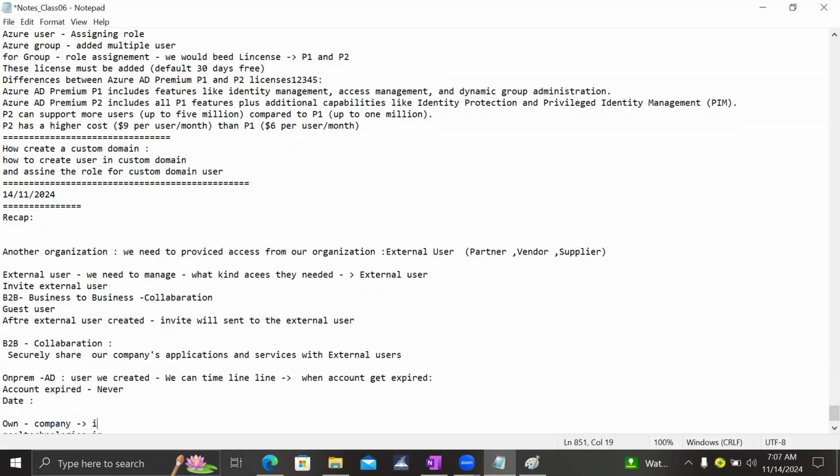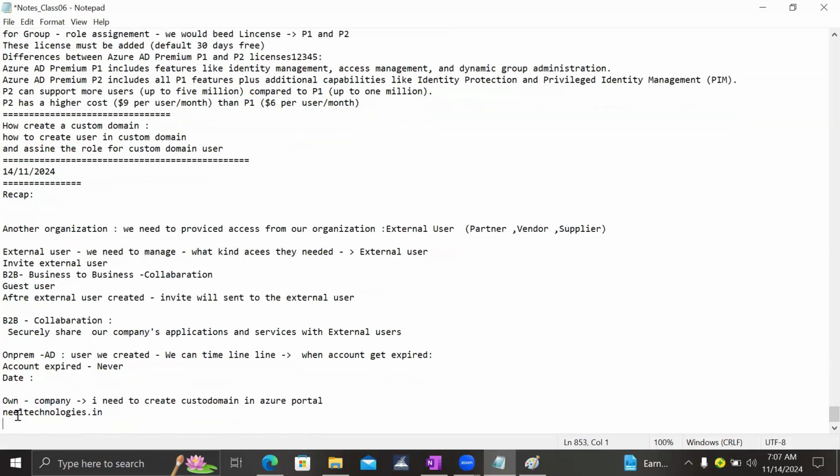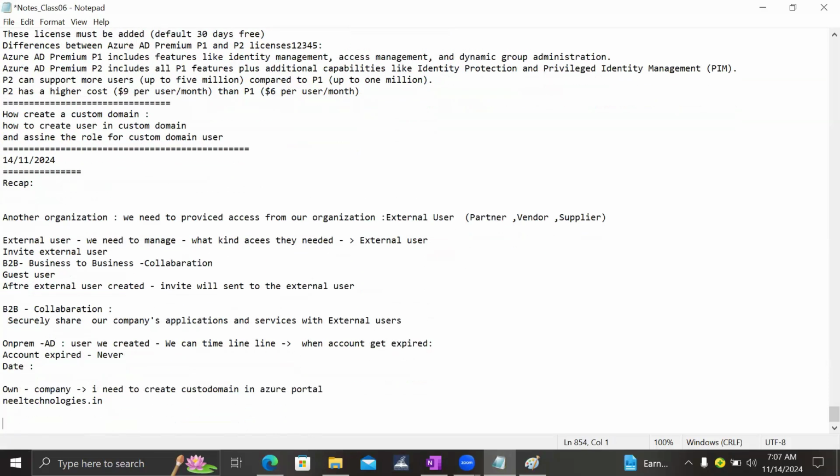I need to create a custom domain in the Azure portal, and for whichever users we create, when we are creating a new user, the user name must be